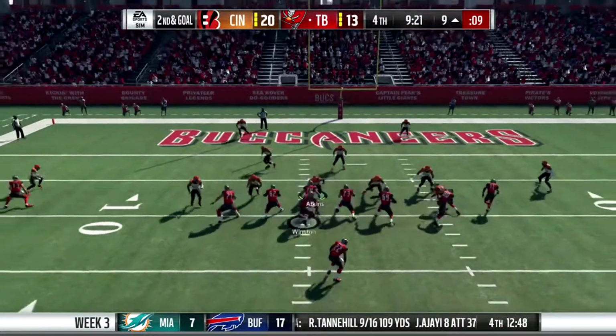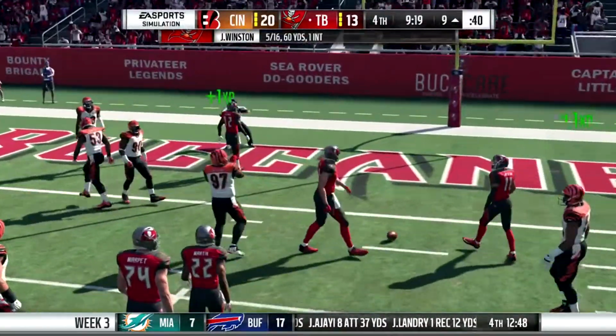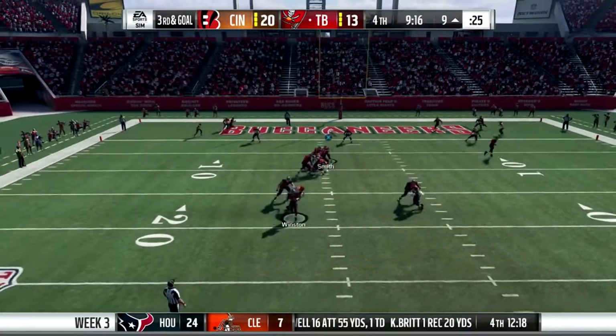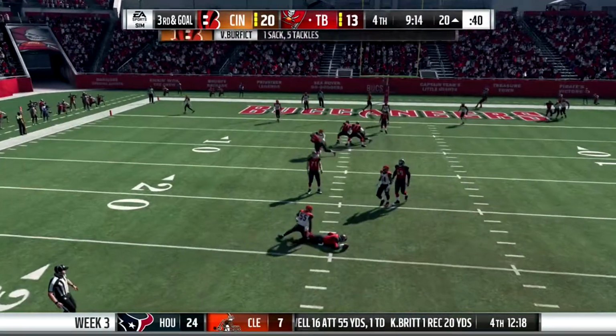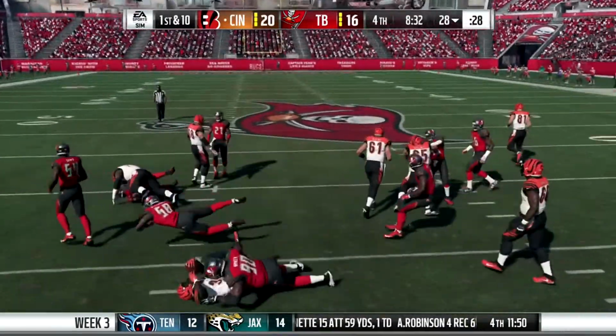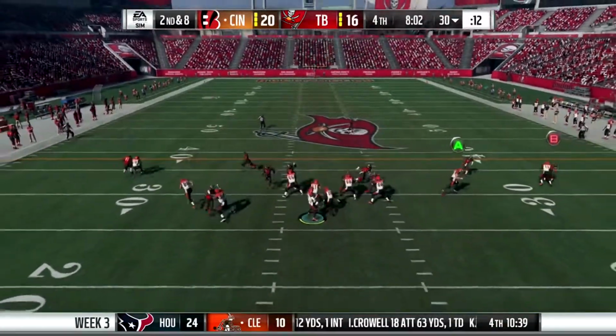So on second and goal, looking after a five-step drop, and that one's tipped. Lucky it wasn't picked off. On third down, though, trying to stand tall again, and Winston taking down the backfield. That will be Vontaze Burfict. So forcing another field goal, and really the Bengals just need to run down this clock and get some points